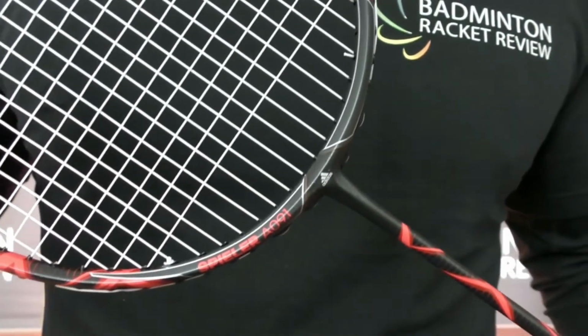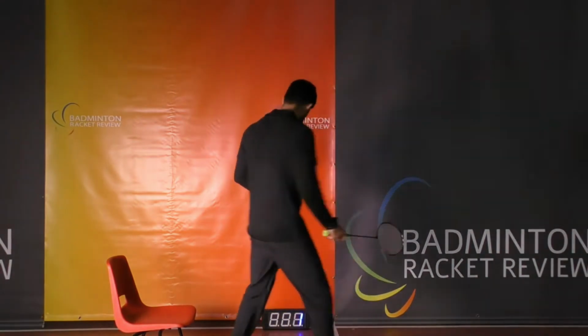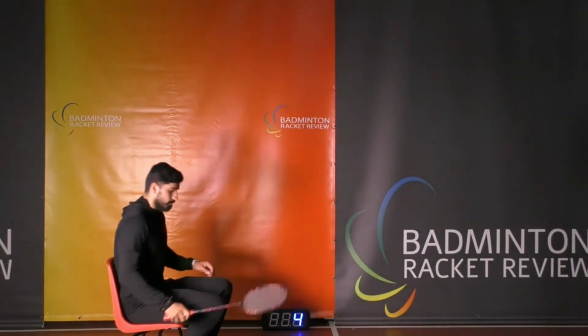Okay, now we're going to do an E-Zone maneuver test. The maneuver test was designed to tell us about the racket's acceleration abilities, its ability to shift from one direction to the other or shift quickly from nothing to full speed. It also tests the racket's